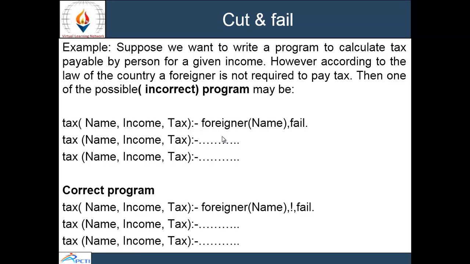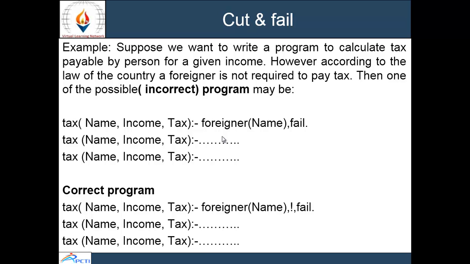Next is cut and fail in Prolog. The predicate fail, wherever it occurs, always fails and initiates backtracking. Now, this is the combination of cut and fail.